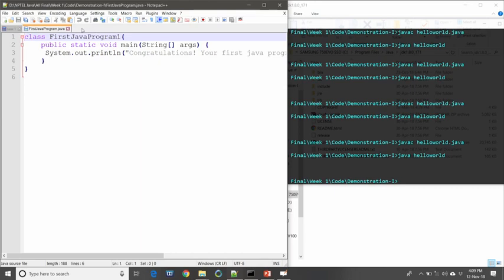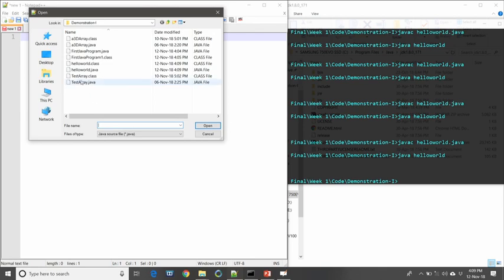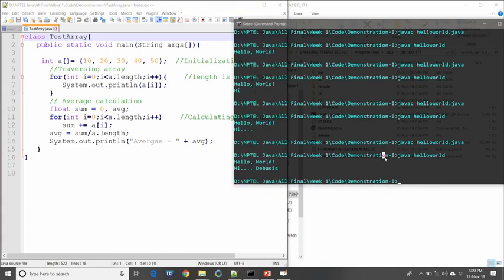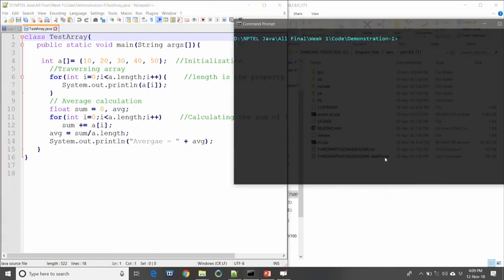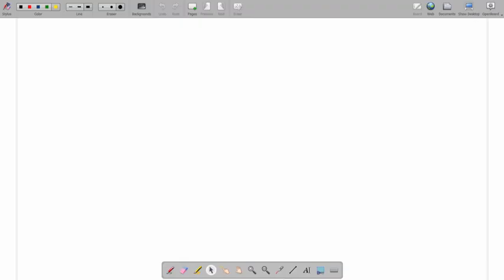Okay, now, let us consider another program. In this program we have discussed how to define an array, how to initialize an array, and how to use the elements which are stored in an array. This is the one program that we have written here. The name of the program is TestArray, where capital T and then capital A, you should note it. So, this is the name of your Java program, and this program should be saved as TestArray dot java.